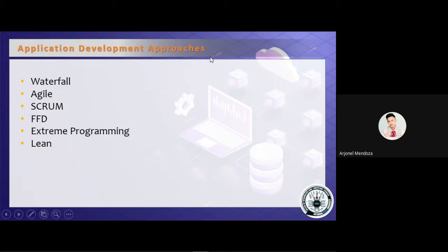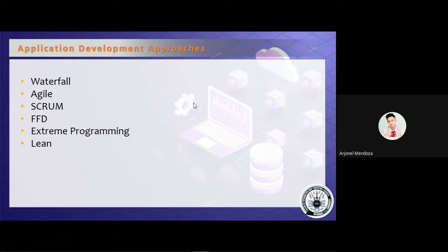So, bakit kailangan sundin yung different processes or steps in a particular methodology? For example, in programming languages, may mga approaches din dyan. May mga step, may mga processes. So, hindi tayo basta-basta gumagawa ng isang program. Meron tayong approach na ginagawa or sinusunod or yung tinatawag nating paradigm. So, that is the example